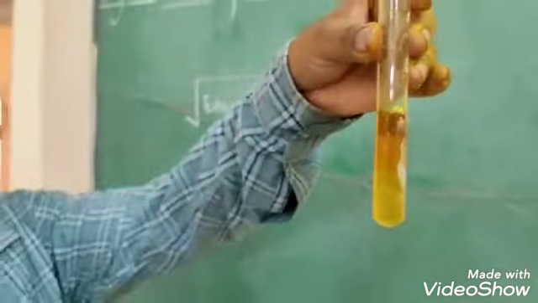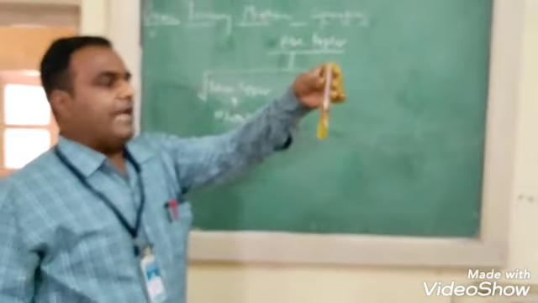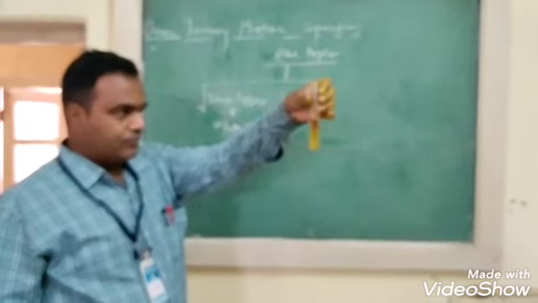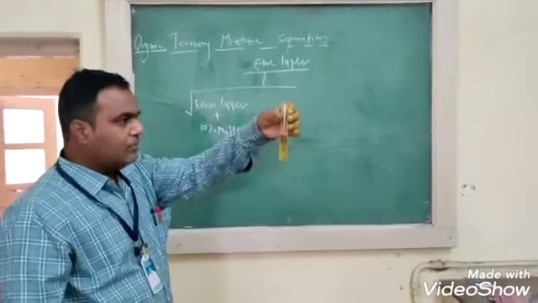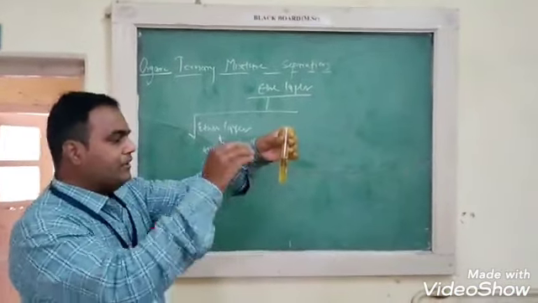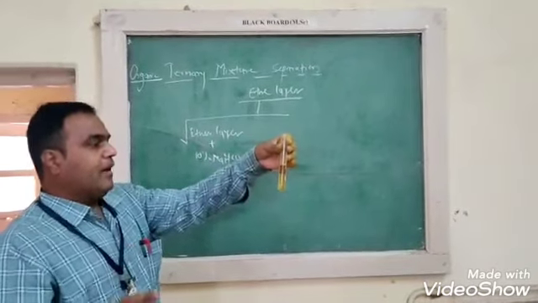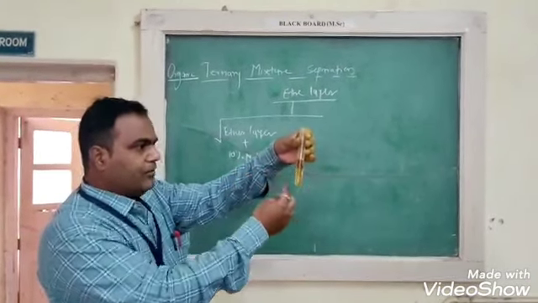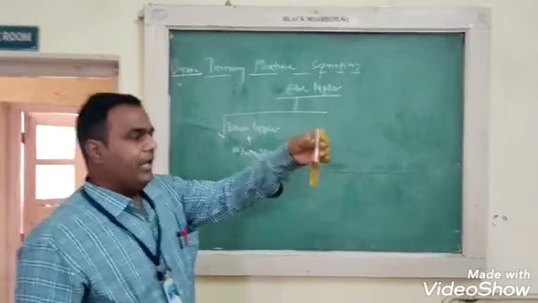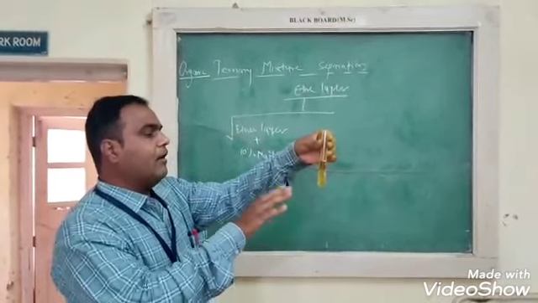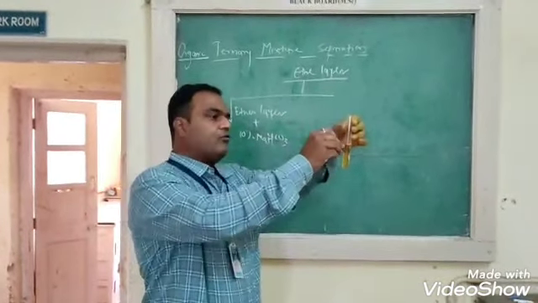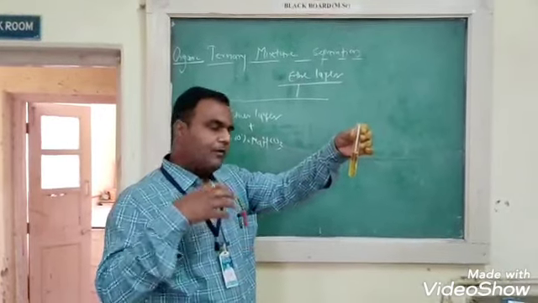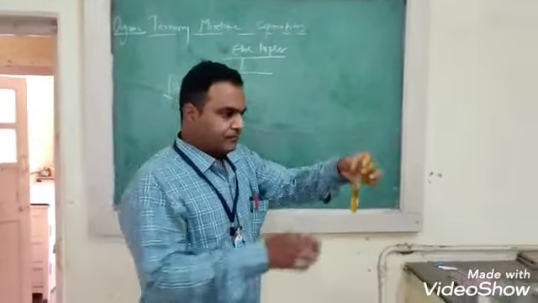Again, one phase, the above phase, is the ether phase and the below phase is the saturated solution of NaOH. If the given mixture contains phenol, that phenol dissolves in the saturated solution of NaOH, and the remaining component is present in this ether layer. Now again we separate these two layers by means of a dropper or by decantation.